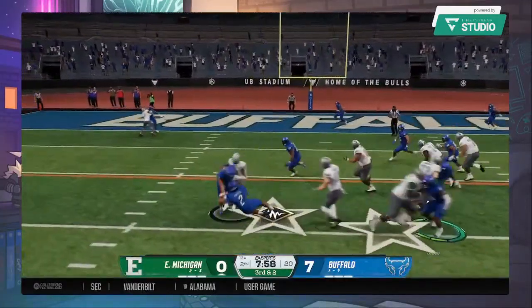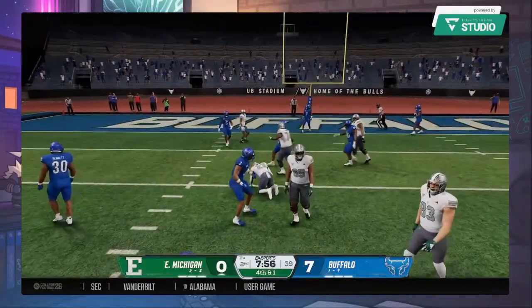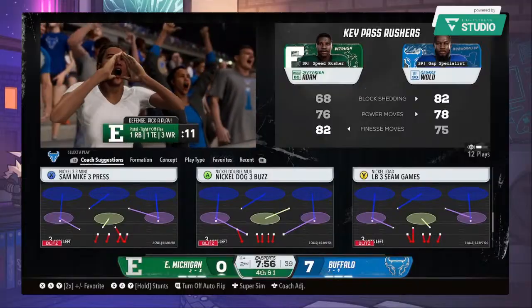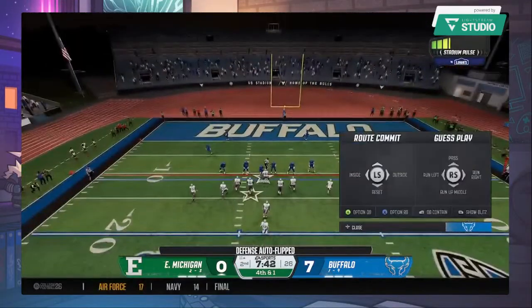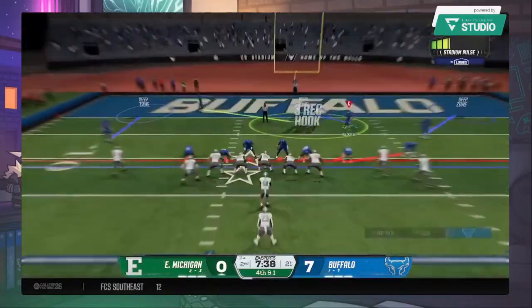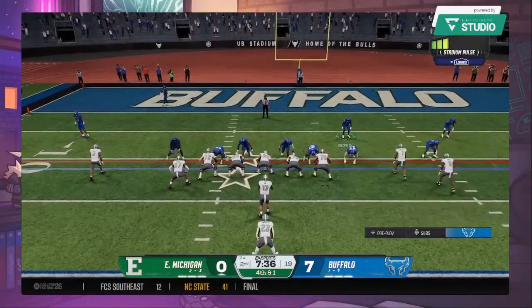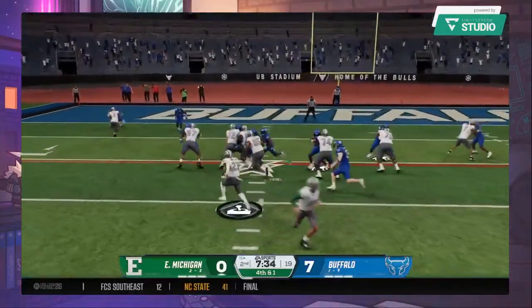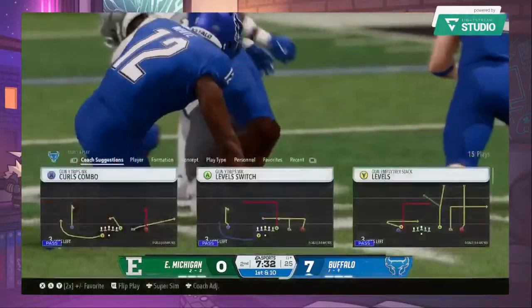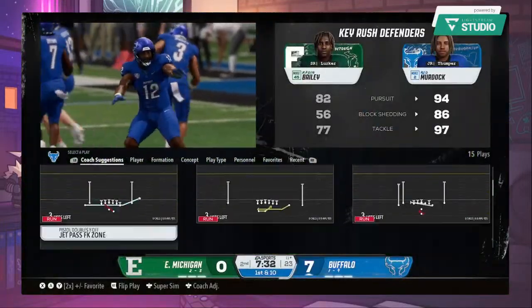To the ground to try to move the chains. Just nowhere to go against this defense to find that single yard he needed on 3rd down. And the field goal unit will stay put as the head coach decides to go for it on 4th down. Trying to get it to the marker. They stop him short of the marker, and they'll turn it over on downs.